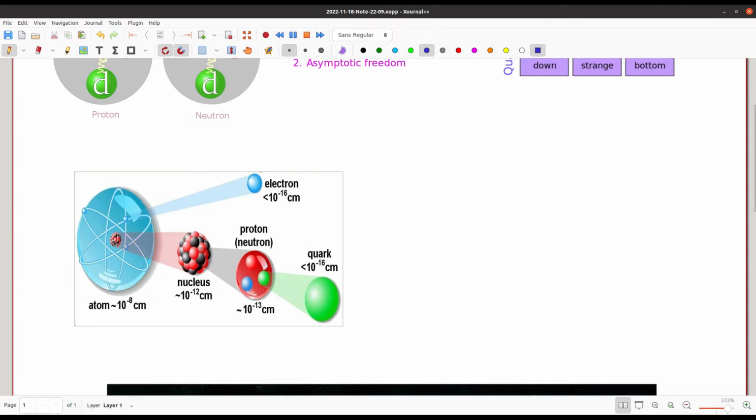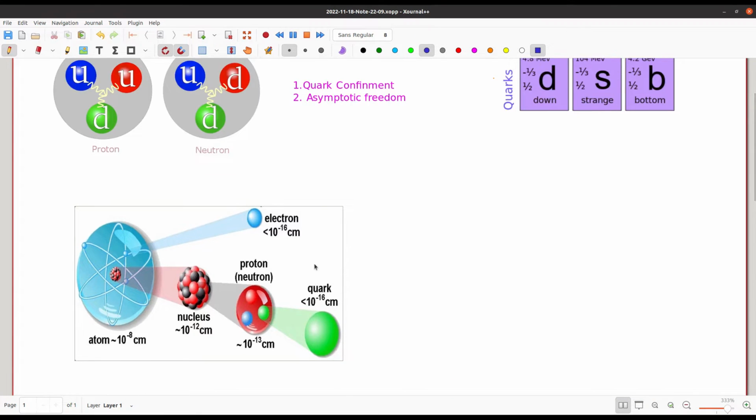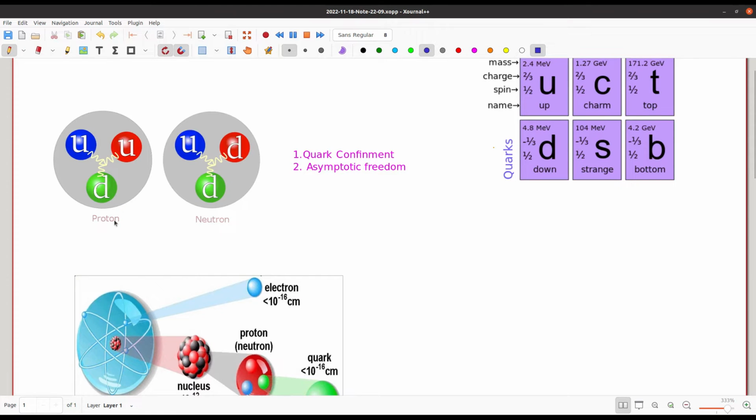And inside the atom we have the nucleus. Inside the nucleus, as we know, we have the protons and neutrons, and the size is typically 1 Fermi meter, which is 10 to the power minus 15 meter. Now inside protons and neutrons we have the quarks. These are baryons, made up of 3 quarks. The size is less than 10 to the power minus 18 meter. The proton is made up of 3 quarks, basically 2 up quarks and 1 down quark, and these are